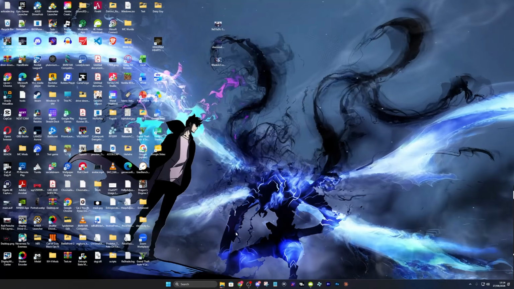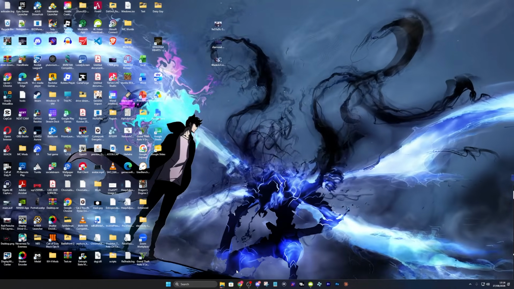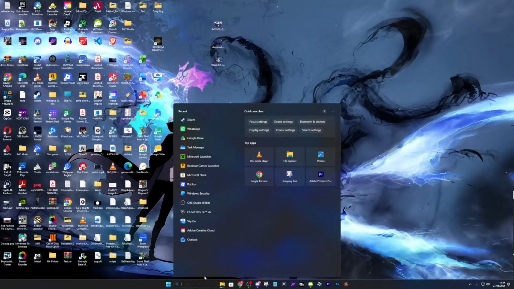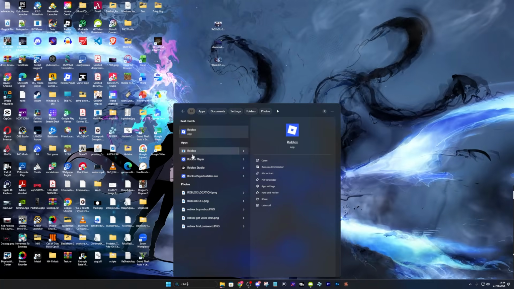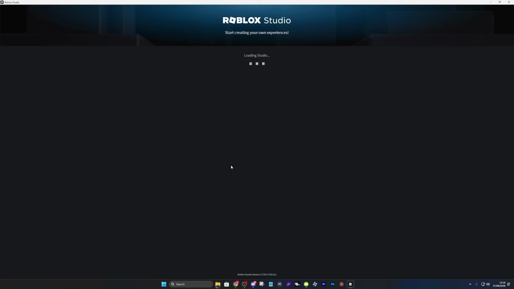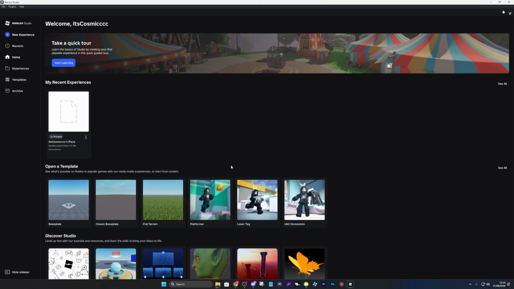Now it's very simple to go ahead and do this, and this is going to be used to make games. So whenever you download Roblox Player, Roblox Studio is actually automatically going to be downloaded alongside it. You can't really have one without the other. And then once you open it, it's going to look something like this. The first time you open it, it might take a bit longer to open, but then you're going to see